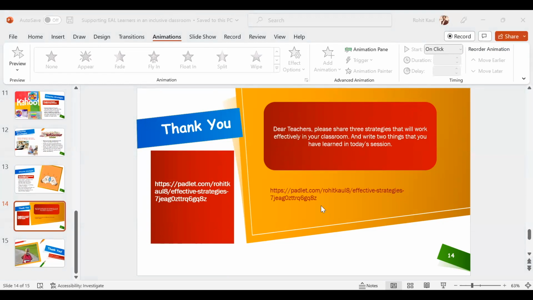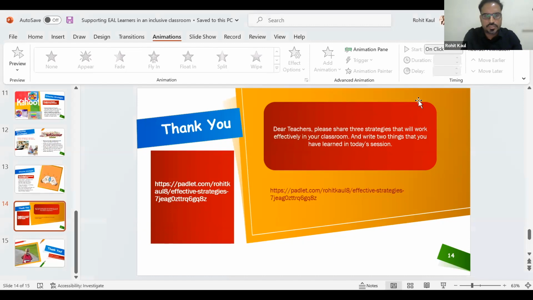Right. So I'm on the Padlet. Okay, Miss, can you add one comment there? There is a plus sign there. Yes, I see the plus sign. And once everyone starts writing there, I can share that screen.